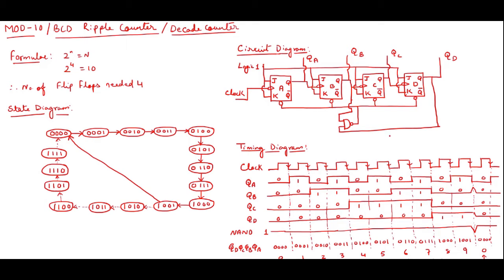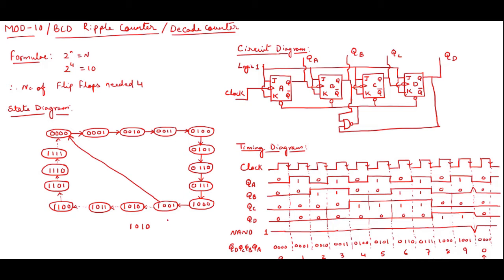Now the main point over here is how to make it 0 after 9. So you can see over here I have used a NAND gate, and the NAND gate output is fed to the reset input. So this bubble is reset, and connected to a single line. So this is negative logic. That means when I give 0, this 0 becomes 1 and resets the flip flops. So how to know when to reset the flip flops? I have 1 0 0 1, that is 9. From 9 I will go to 0. That means this 10 state should not come. So what is the 10 state? 1 0 1 0.